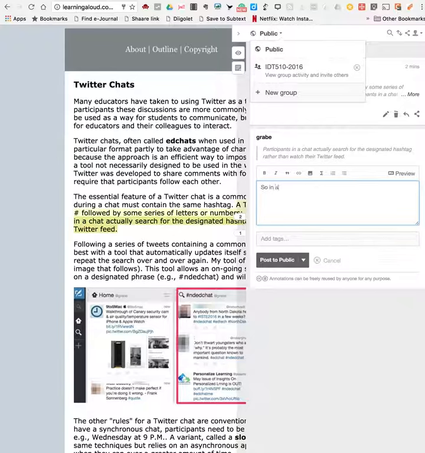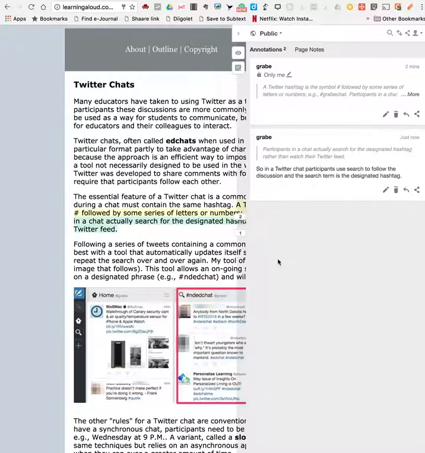So in a Twitter chat, participants use search to follow the discussion, and the search term is the designated hashtag. All right, so now I post this to public, or if I was doing it for a group, I would select post to a group,